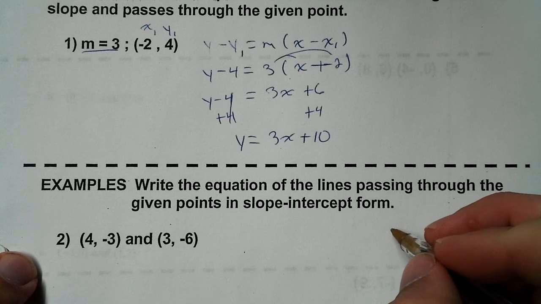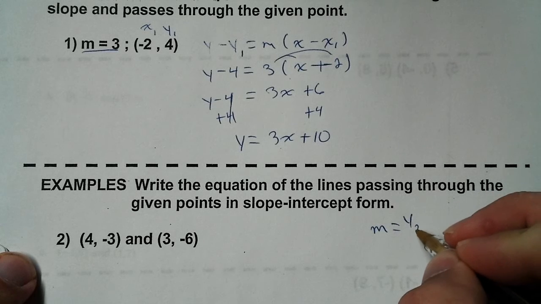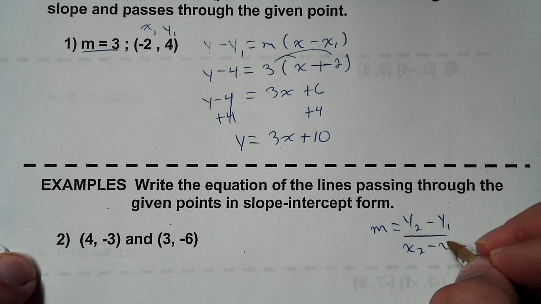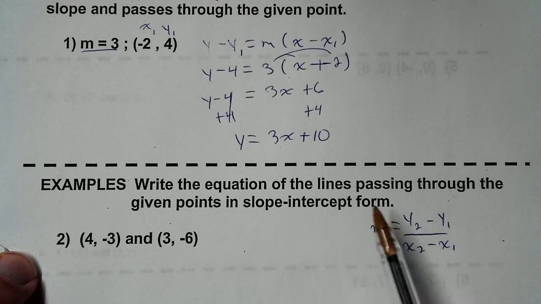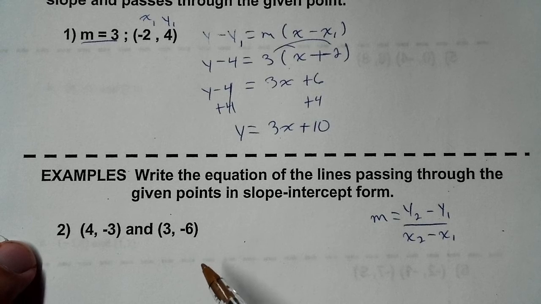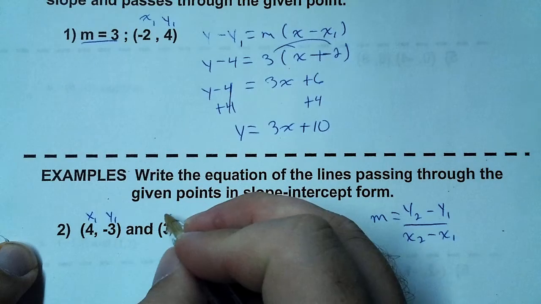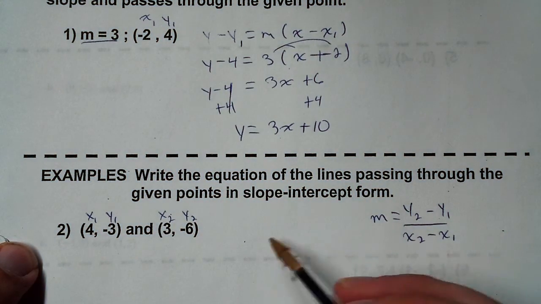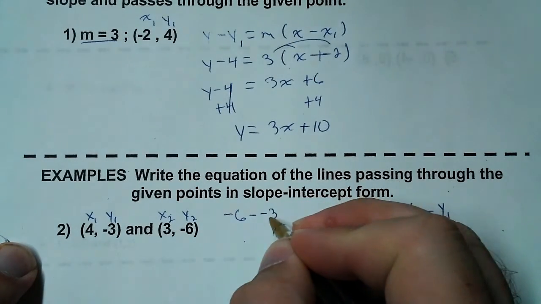Alright, I'm hoping you do remember this formula. Slope equals y2 minus y1 over x2 minus x1. This is our slope formula. We have 2 points. All we have to do is use the slope formula to find the slope. So I'm going to plug these points in. This is my first point, so x1, y1. This is my second point, so x2, y2. And now we're plugging them into this formula first. So negative 6 minus negative 3 over